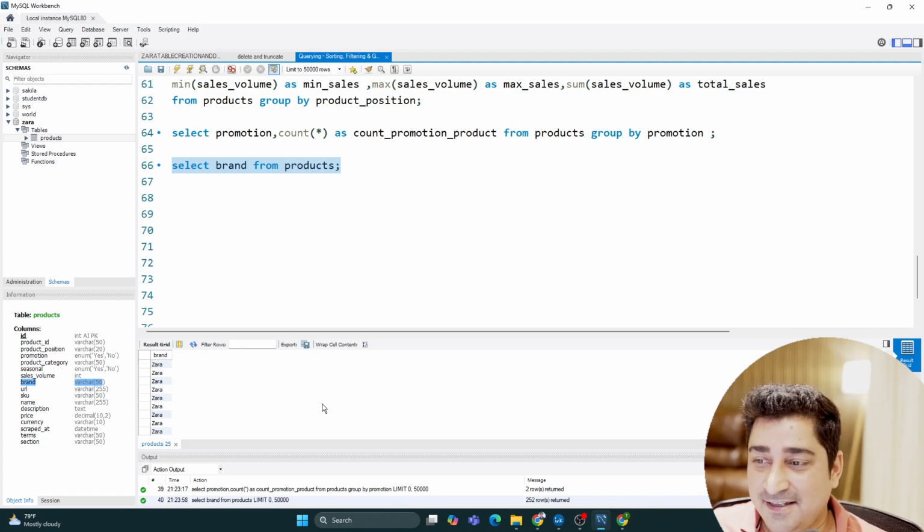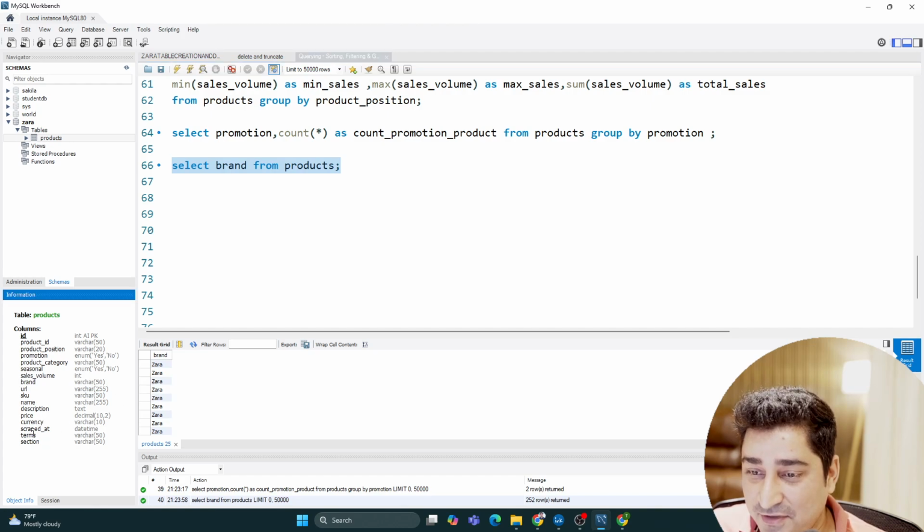And here we can't do much with respect to brand. So let me check some other columns on which I can do some sort of grouping operation. Seasonal we have, SKUs we have, name will be distinct, we have description, price, currency, scraped at,